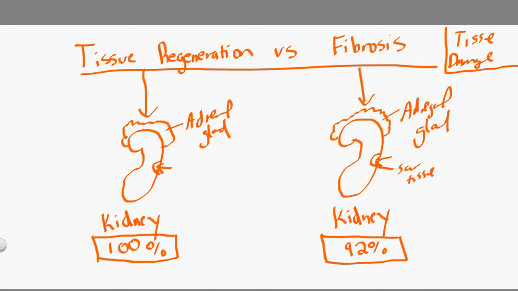And again, it's all relative. It all depends on where, how deep, how bad, and if the person had other issues going on, etc., etc. But that gives you the big picture here. Tissue regeneration means this organ will go back to 100%. And here it might be 92, 98. But it doesn't mean the person is going to die. It just means it's not functioning like new again. That's the main point.